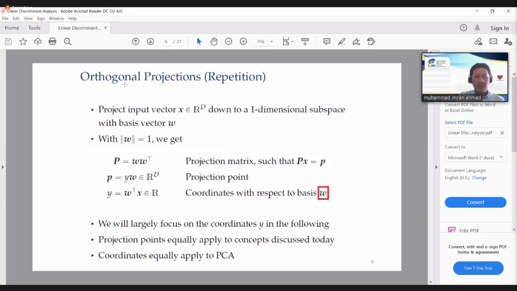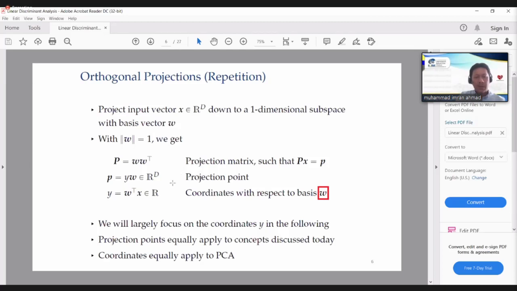Okay, so now we want to see the idea of LDA. What is the idea of LDA? What is the process inside LDA? The basic idea is you need to use the basis vector or eigenvector W. It's very similar to what we do in PCA. We have the basis vector or the eigenvector that we compute, based on the eigenvalue and eigenvector. Then we select the highest eigenvector,